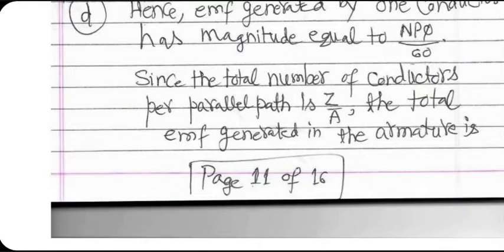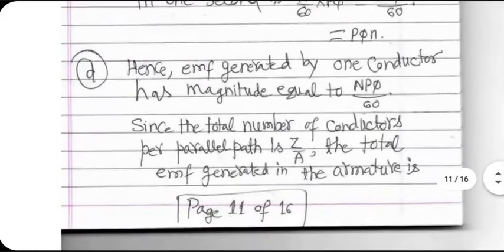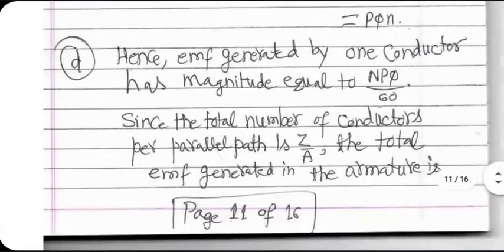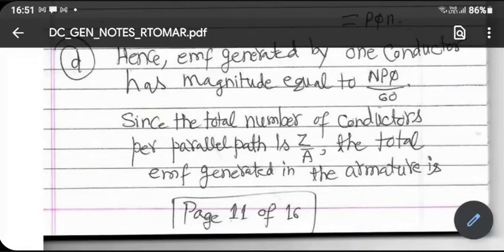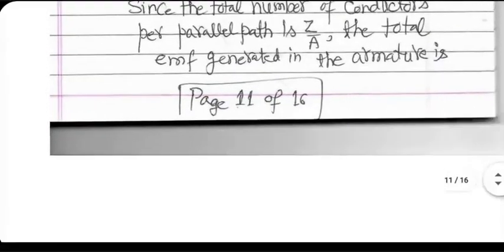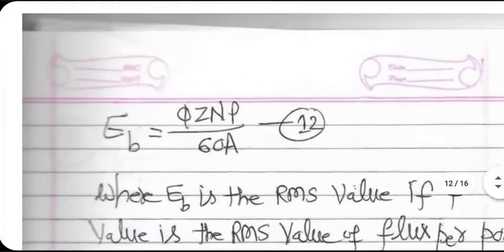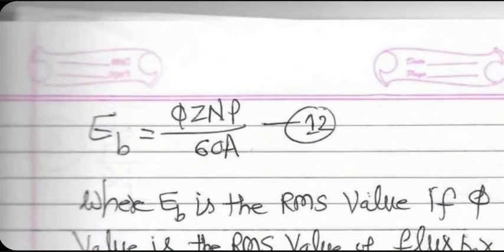And that would be the EMF. Faraday's law says that. Let's not worry about minus sign, etc. We are worrying only about magnitude. So the total EMF generated will be N P phi divided by 60, the entire thing multiplied by Z divided by A. Faraday's law being applied to this construction using common sense. So the total EMF generated is given by this equation. Very approximate equation, but good enough for initial designs.